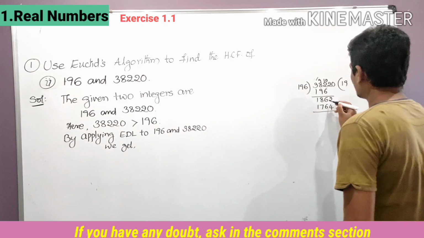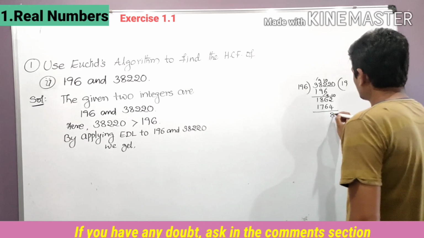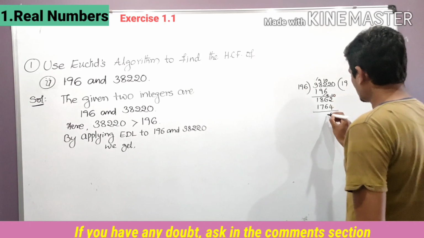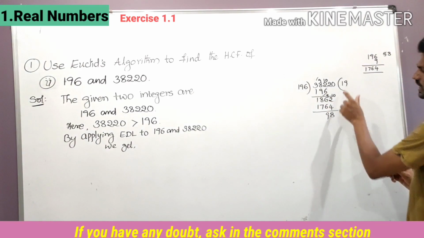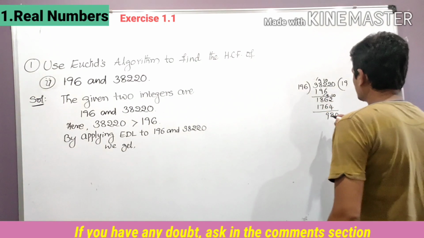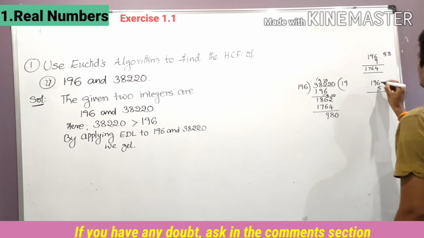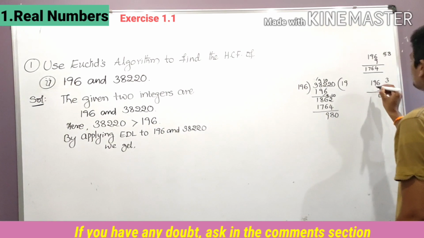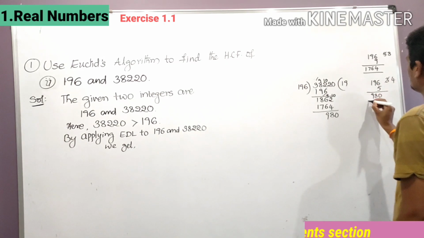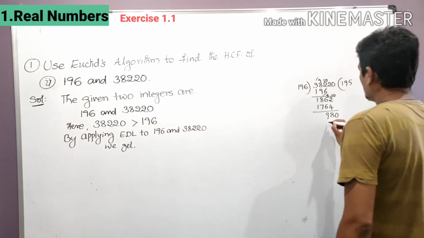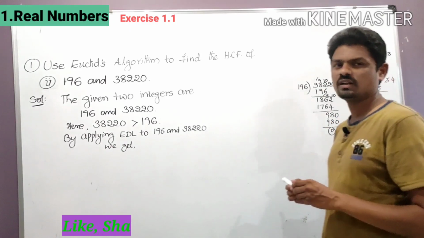If we subtract, we can get, see here, from here take, it is 9, it is 10. 12 minus 4 is 8, student. 6 minus 6, 0, and here 9 is there. So 7 minus 7, 0, 1 minus 1, 0. So 98, student. Again we have 0 here, take 0. So again check 196, how many times it goes? 196 I am checking 5 times, student. 5 6s are 30, 0, 3, and 5 9s are 45 plus 3, 48, write 4 here. 5 1s are 5 plus 4, 980. Yes, it is exactly going, student, 980. So remainder is 0. Very easy, student. In single step we are getting remainder 0.